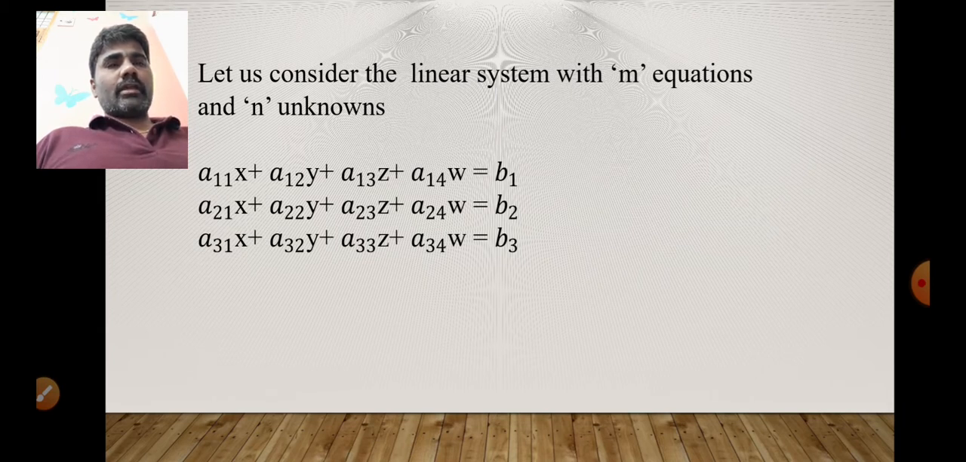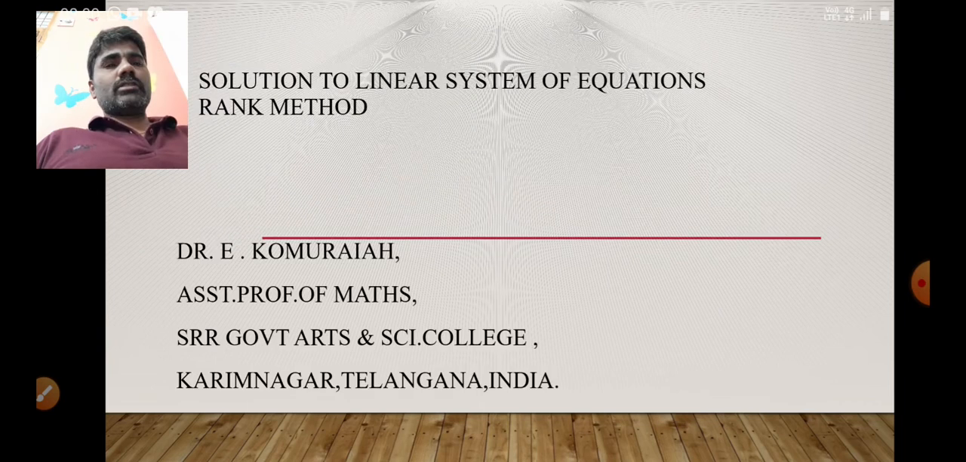Here all the aij's and bi's are constants. x, y, z, w are the variables. We have to find x, y, z, w which satisfy all these simultaneous equations. That is our problem. To solve this system,